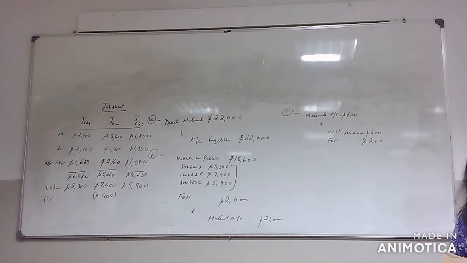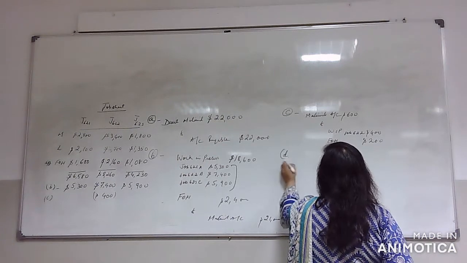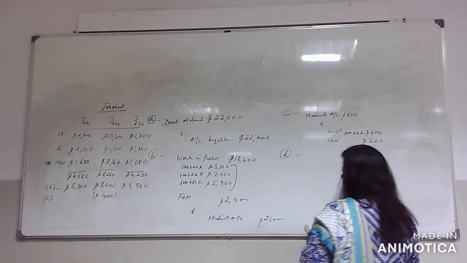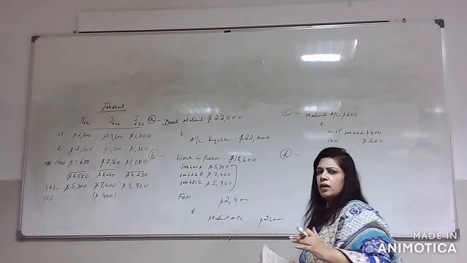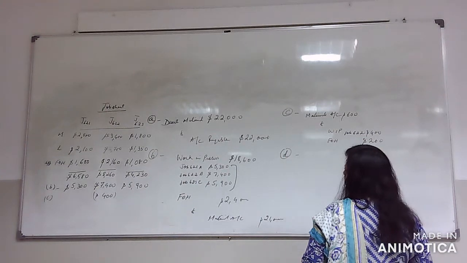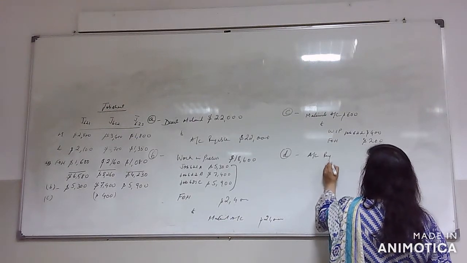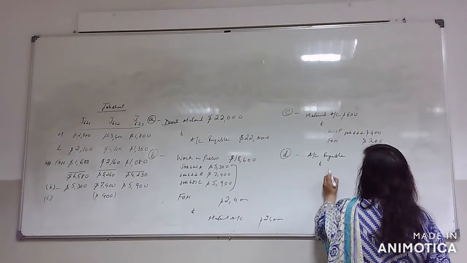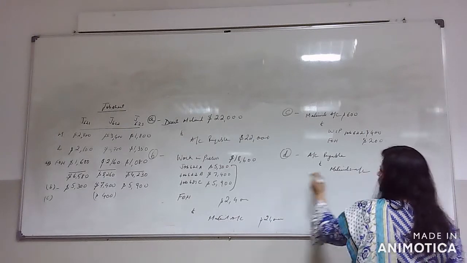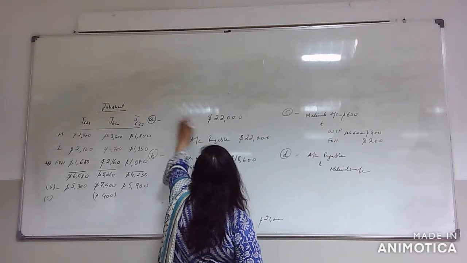Now it says the materials returned to vendors. Okay, so now this part D. What it's saying is basically that when you buy something from a vendor, then if you return something, then the original entry will be reversed in this case. So now accounts payable would be debited to materials account or direct material. So now if this is just material account and not direct material, then you can just simply write as materials account.